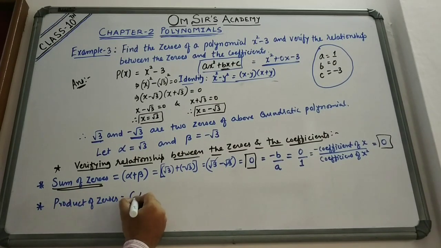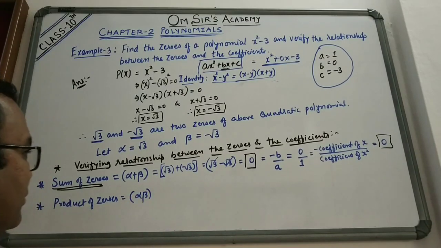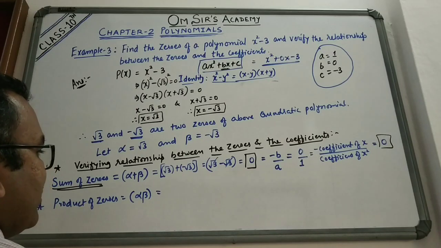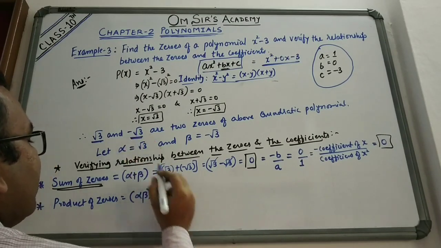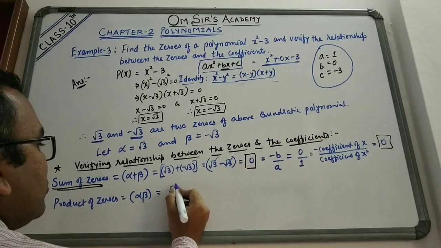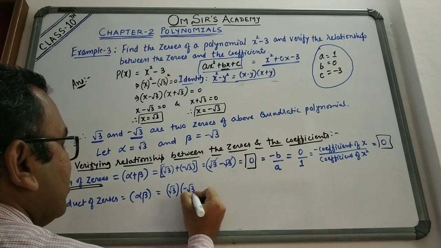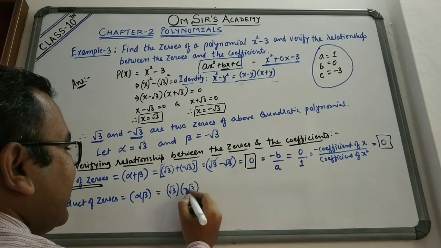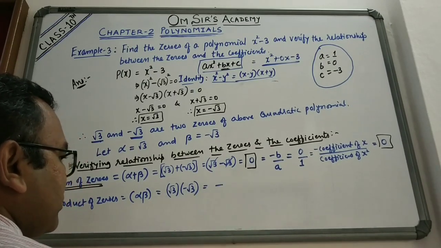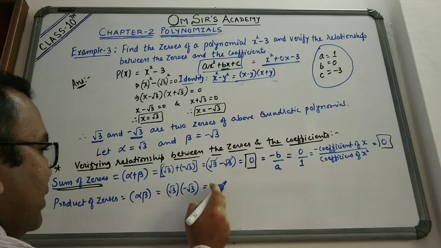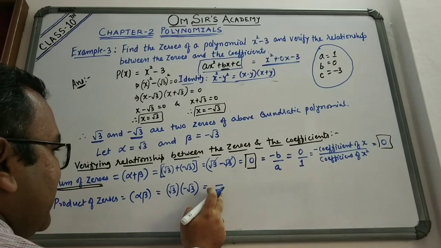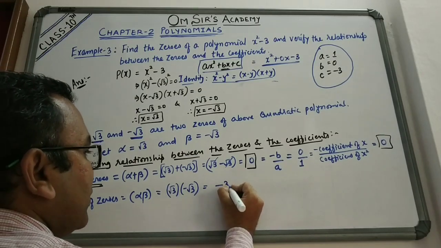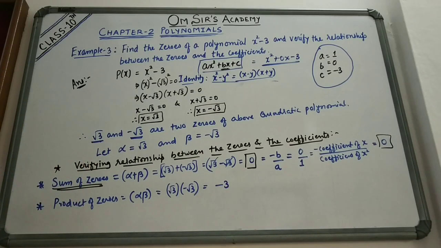प्रोडक्ट ऑफ जीरोस में क्या करेंगे? अल्फा इंटू बीटा, दैट इज आई मल्टीप्लाई और टेक आउट द प्रोडक्ट ऑफ टू जीरोस. दैट इज व्हाट इज माय अल्फा? अल्फा इज माय रूट 3. सो रूट 3 मल्टीप्लाइड बाय माइनस रूट 3. अभी ये दोनों को मल्टीप्लाई करेंगे तो प्लस इंटू माइनस आंसर विल बी माइनस. ओके, सो प्लस इंटू माइनस आंसर विल बी माइनस, वॉट एवर आंसर विल बी नेगेटिव, एंड रूट 3 इंटू रूट 3 इज 3. So what is the answer? Minus 3. Is it clear?